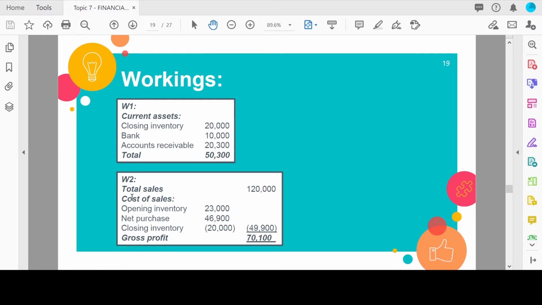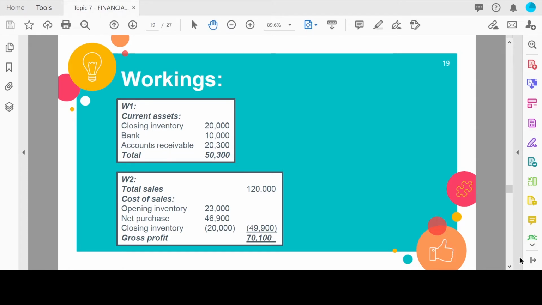We start from total sales, 120,000, minus cost of sales. How do we calculate cost of sales? Opening inventory, 23,000 plus net purchases, 46,900 minus closing inventory, 20,000. Therefore, cost of sales is equal to 49,900. And the gross profit is total sales minus cost of sales, equal to